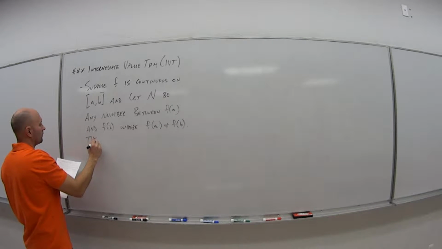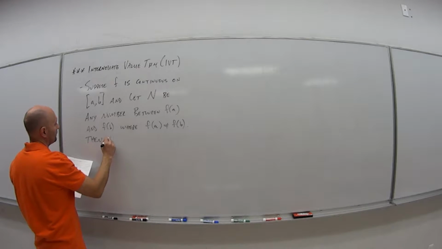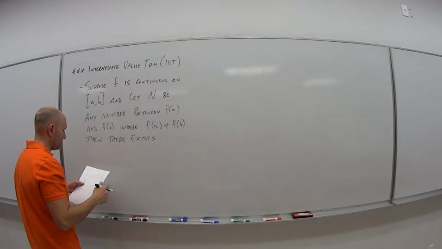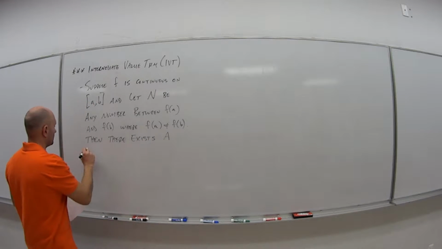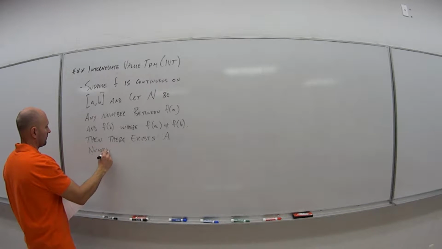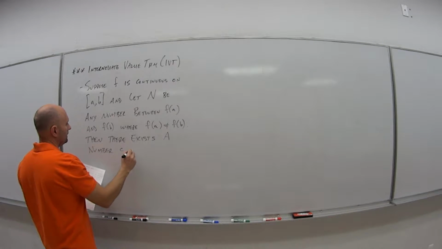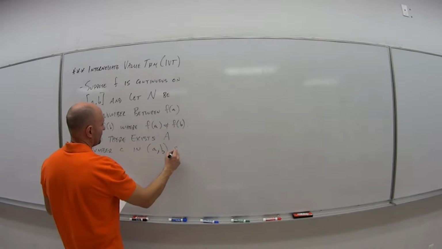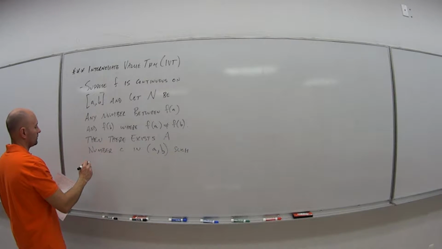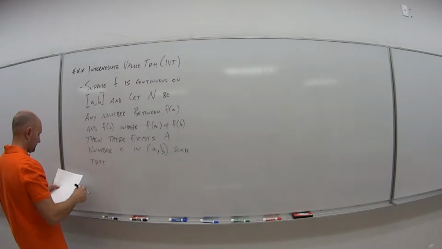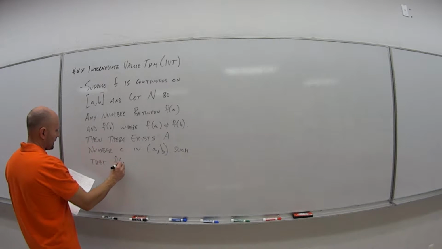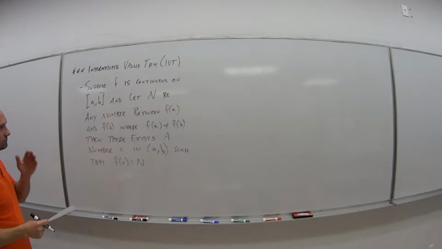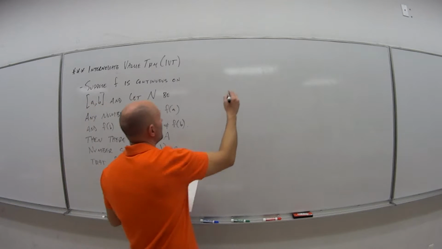Then there exists a number C in the interval A to B such that f of that value C is equal to this number N that we picked. So graphically, what this looks like,